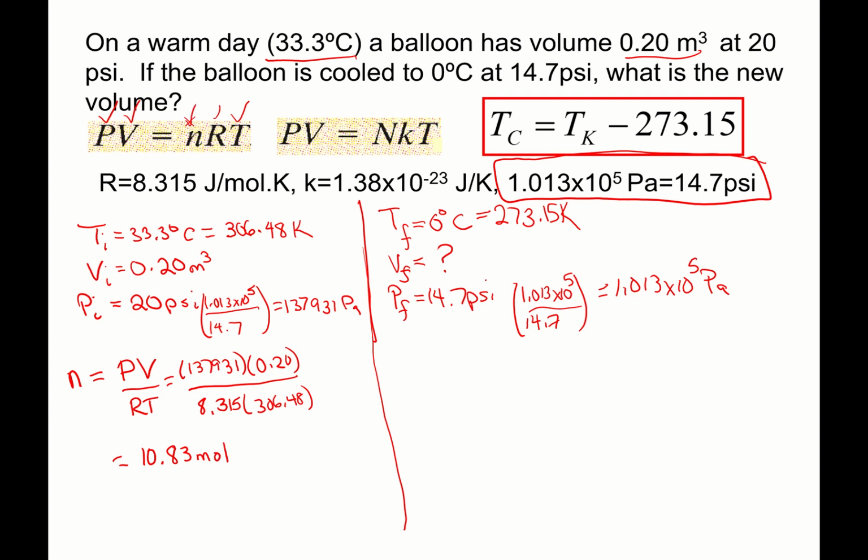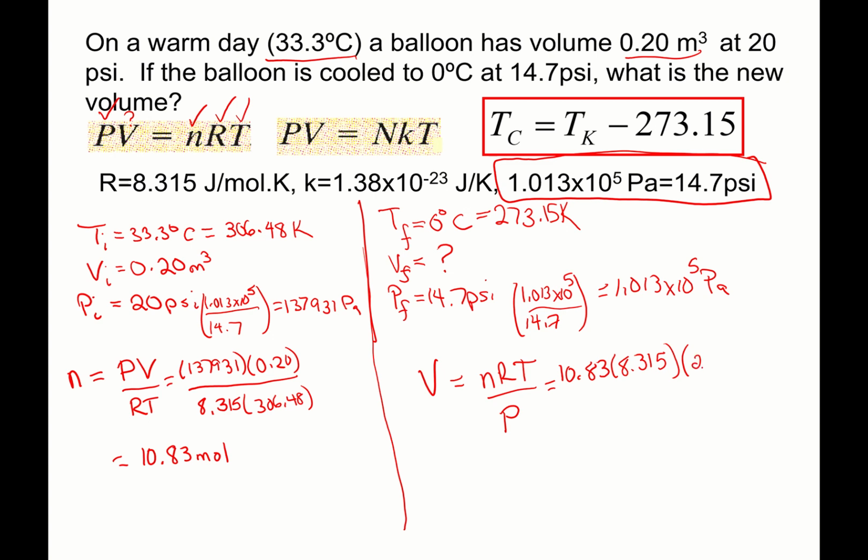Okay, so now I know everything. What about the final condition? So now finally I've got P, I'm trying to find V, I've got n because I already found that. The number of moles of gas doesn't change. I got R and I've got T. So now I can find my V. So V is going to be nRT over P. So now I can just plug in my numbers. 10.83 moles, 8.315 is R, T